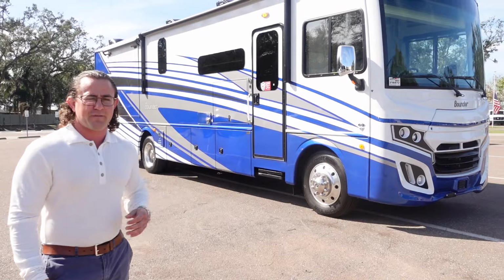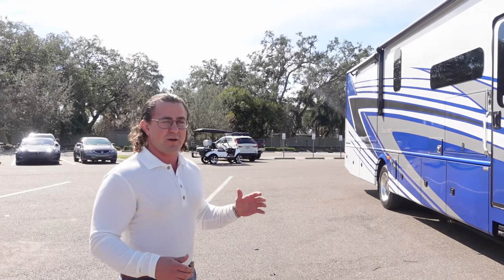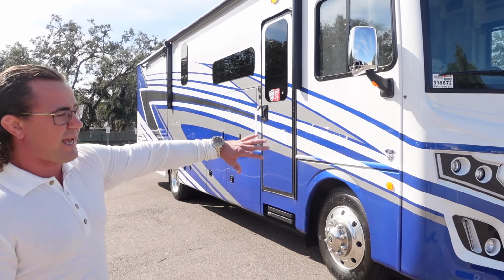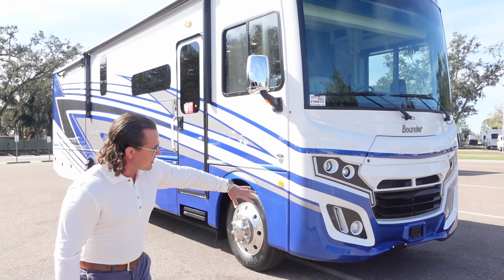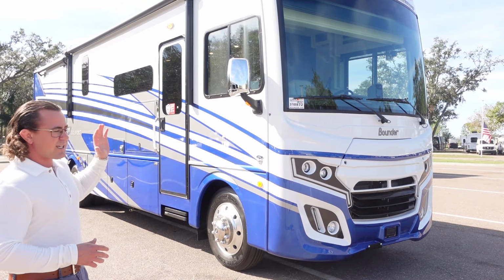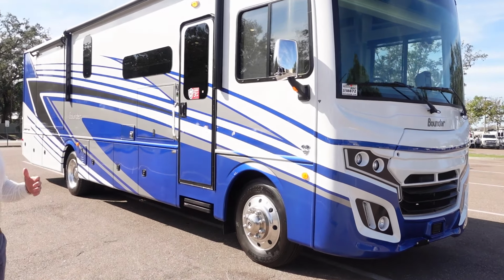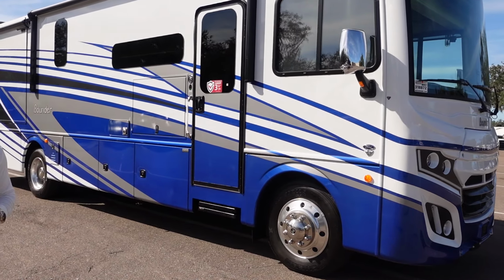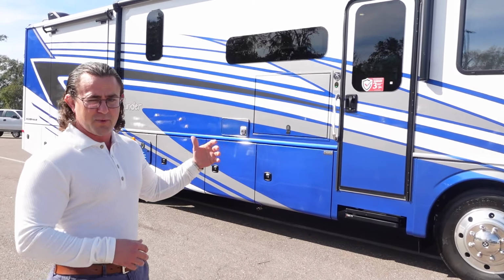Alright, so the 2025 Fleetwood Bounder 35K is coming with some really awesome upgrades. What I want to start out with first is this all-new front cap. You can see it's a little bit more aerodynamic and streamlined. They built a little housing down at the bottom there for the adaptive cruise control system, ABS, but it's got a really great look to it. As we move back a little bit, you can see the paint job here. It's got some blue, some white, some gray. They do an upgraded Sickens paint job with clear coats as well, so it's very durable and handles pretty well